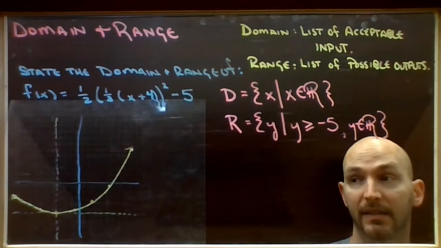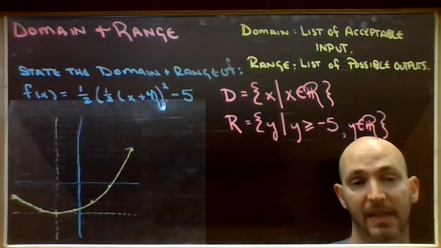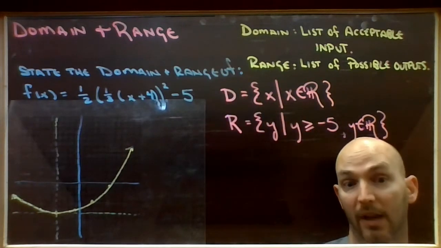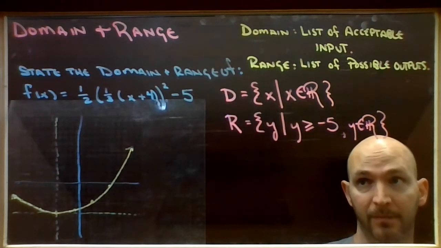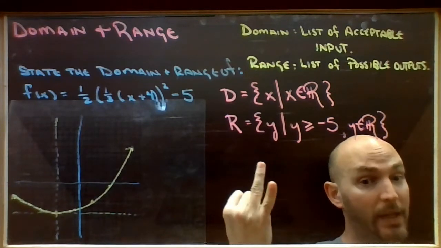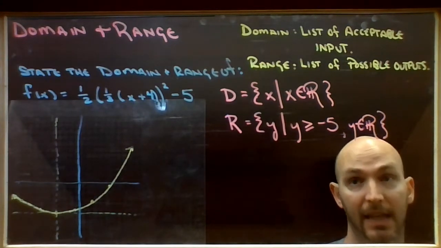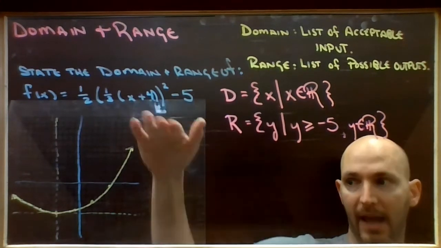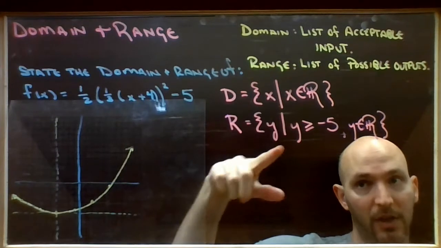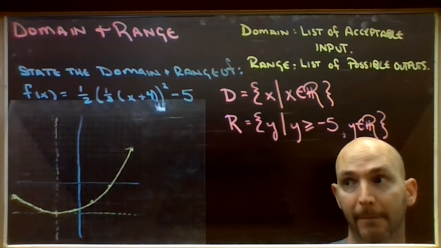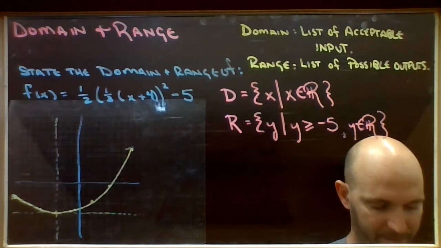So that's it. You're just looking at the graph of this thing and trying to decide where it is on the picture. If it's everywhere on the x-axis, if there are no asymptotes or gaps in the graph, then the domain is unrestricted. If the range has a maximum or a minimum, you're going to have to put a comment on that somewhere in there. All right, now,